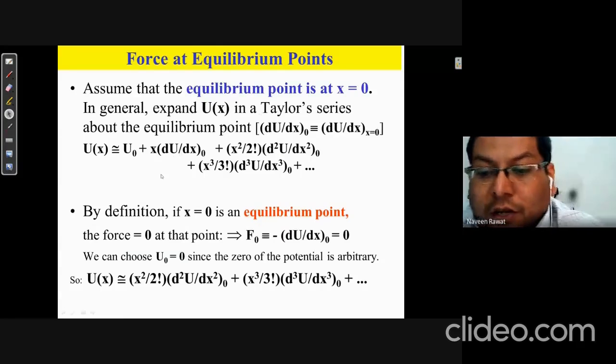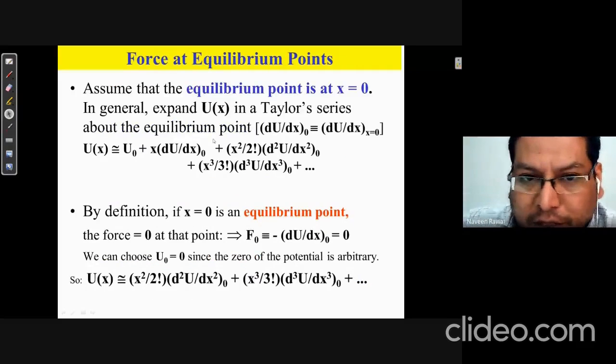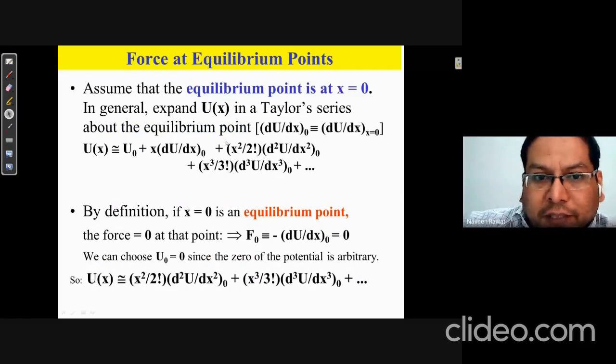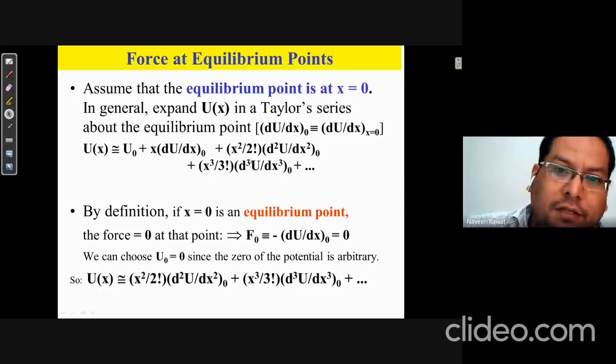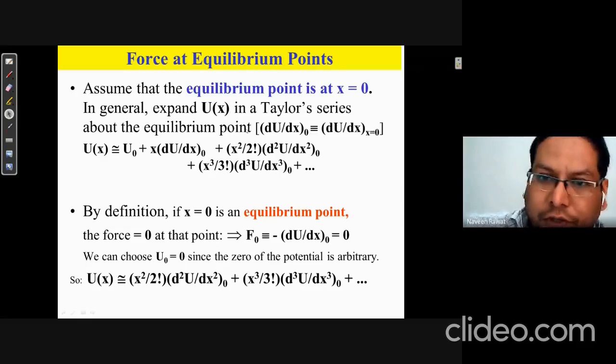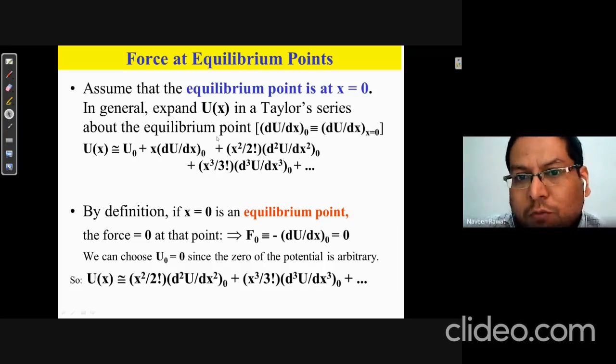So now that is just by intuition. You're looking at the diagram and you can see what the particle is pretty much going to do as you displace it slightly. Mathematically, we can represent it using the Taylor series. Okay? So any function that you want to expand about some equilibrium position or around some x value, you can use your Taylor series expansion. Okay, and the approximation will be more and more valid the smaller the variation in x.